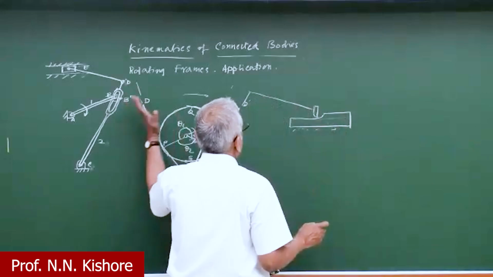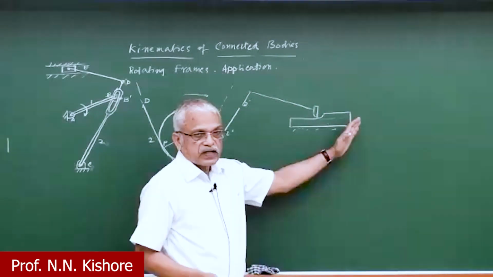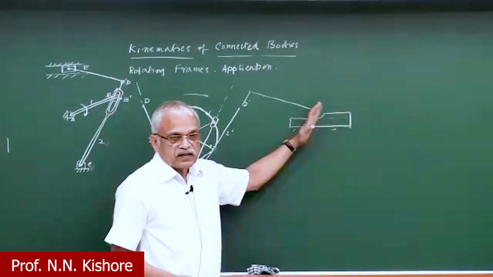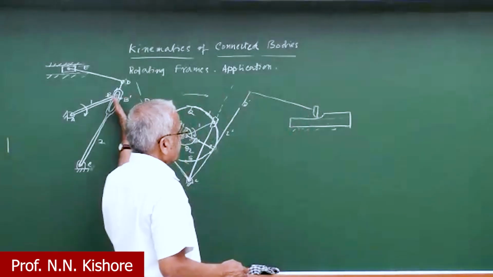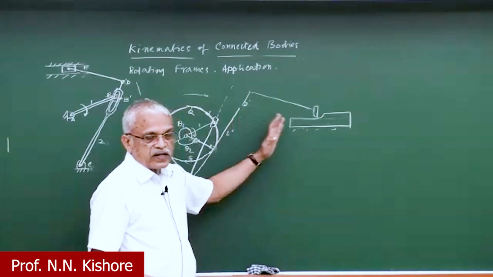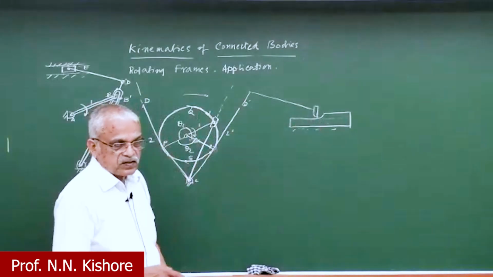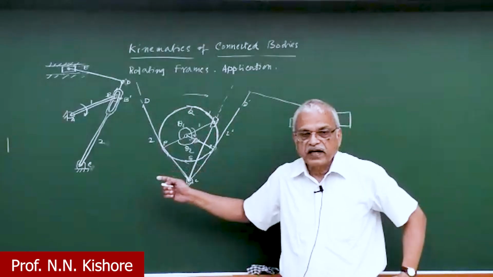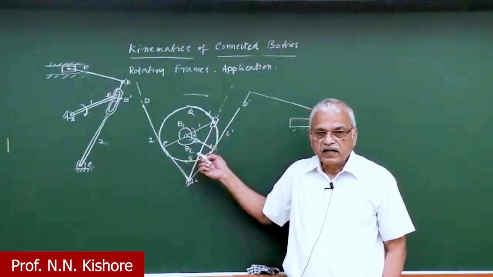During this motion, it goes this way and cuts the workpiece. That is where you require a lot of force, and it should be done slowly. Whereas in the return stroke there is no cutting taking place, so it can be done faster. So this mechanism is called a quick return mechanism, and one of its main applications is